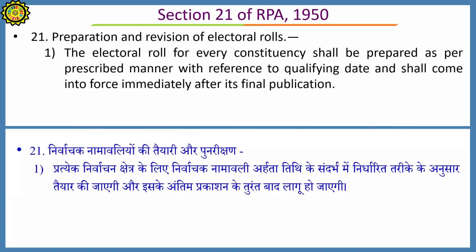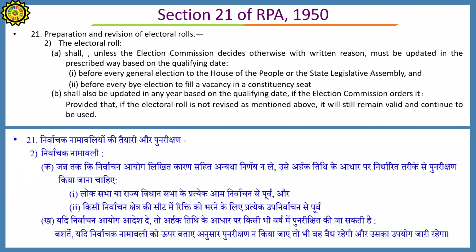Its subsection 1 says, the electoral roll for every constituency shall be prepared in the prescribed manner with reference to the qualifying date and shall come into force immediately after its final publication. The subsection 2 says the electoral roll shall, unless the Election Commission decides otherwise with written reasons, be updated